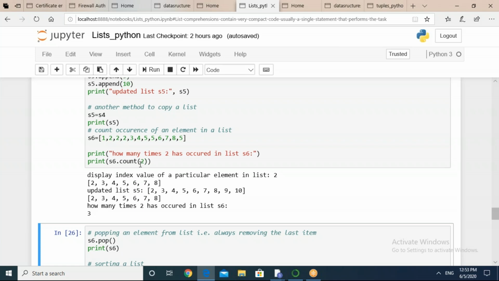So similarly, can you tell me what is the occurrence of item 5 over here? If you say S6.count 5, what will be the output? Correct, correct. 5 is also repeated here thrice.